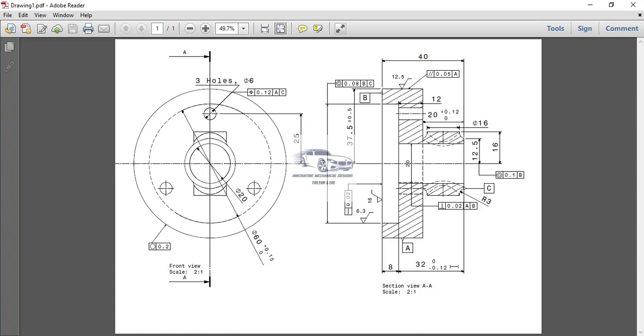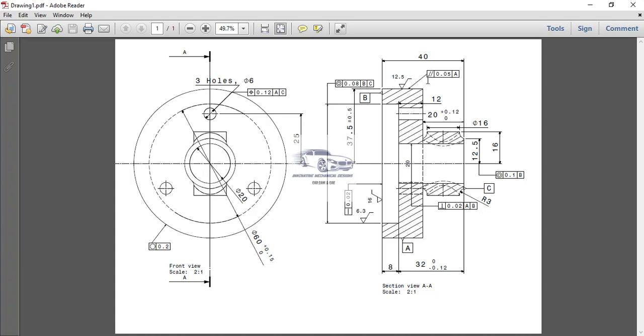Next, for mentioning the other geometrical tolerances, we have to specify a datum. For example, here we have been mentioned a geometrical tolerance of parallelism.